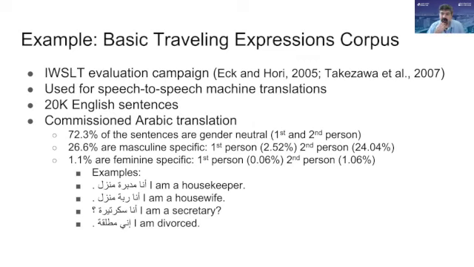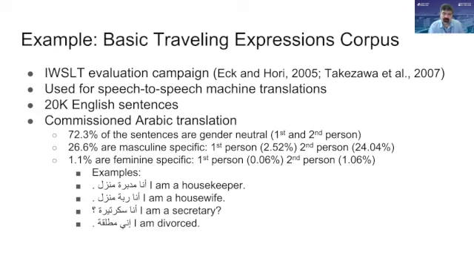That I've used that show these kinds of aspects of the bias in the data. And this was really just shocking to actually look at. I've worked with this particular corpus called the Basic Traveling Expressions for some time. And before I started thinking seriously about the gender bias problem, I didn't even notice. I mean, okay, I did notice that a lot of the sentences are men talking. I didn't look carefully. I'll be honest, right? And we were really more interested in the translation between English and Arabic, and it also has French parallel and Japanese parallel data. It originally started in Japan, this particular corpus.